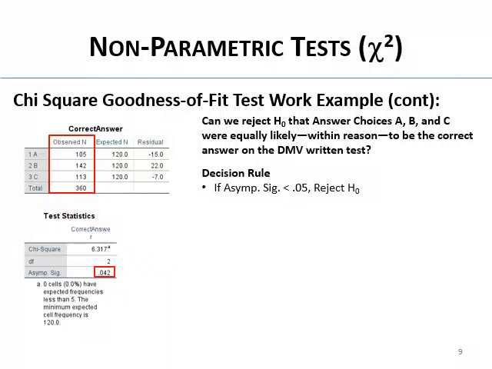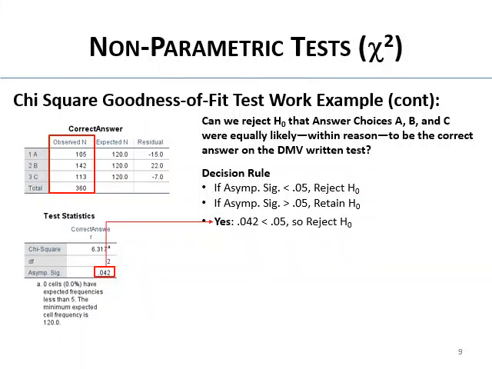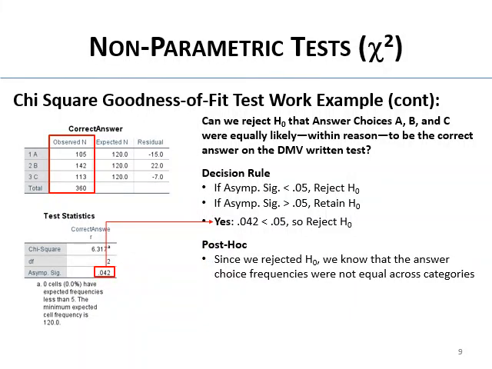Our decision rules again. If Asymp. Sig. is less than 0.05, we're going to reject the null. If it's greater than 0.05, we'll retain the null. So our decision here, well, 0.042 is less than 0.05, not by much, but it is, so we're going to reject the null. That is, the distribution of correct answers is not equal across A, B, and C answer choices. So post hoc,